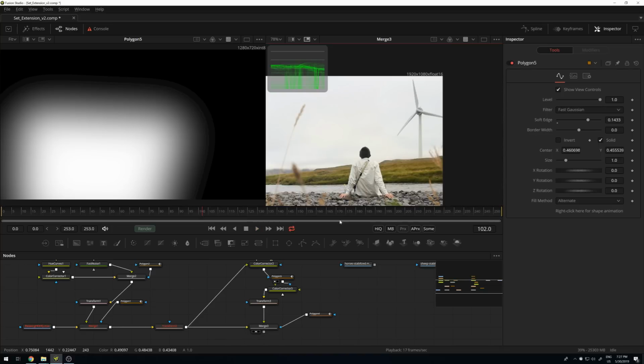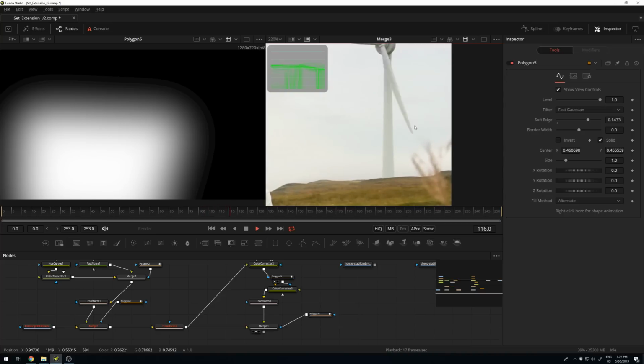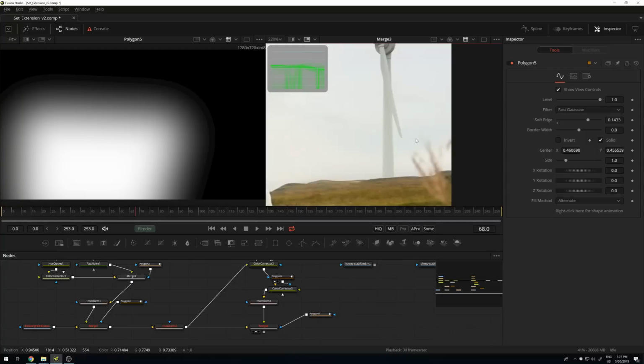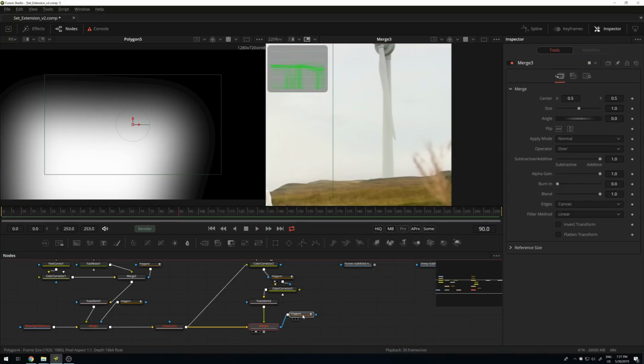Now there's one more thing. I had some grass here coming from the side. I still have it, but now it's cut off by the soft edge from this turbine, and maybe that's not even so bad, so potentially this could work. But I want to try one more thing. Maybe I can do a little trick and get better with this. Instead of normal, let me just put darken here